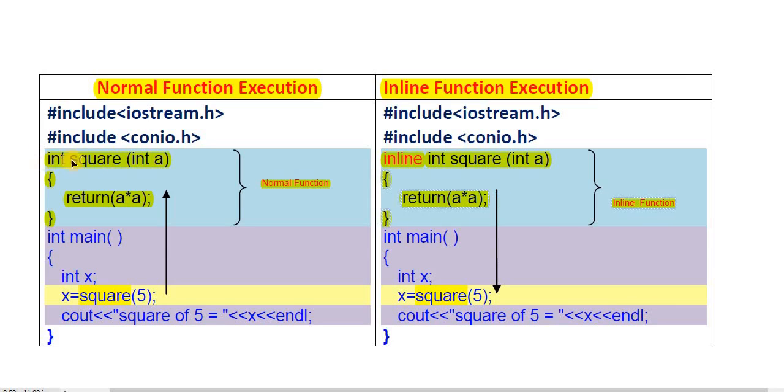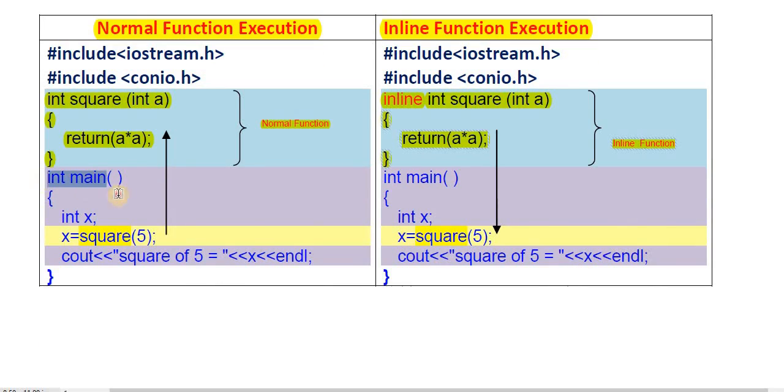On the left side, this is a normal function without any inline keyword. At the right side, this is an inline function because we have used this inline keyword for defining the square function. Okay, now how do these programs work? So next, integer main. These are normal programs, normal main function. Here also the main function is the same, but here the difference is that,